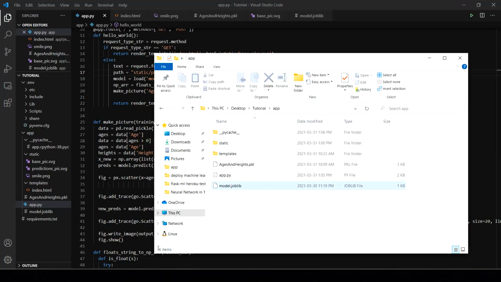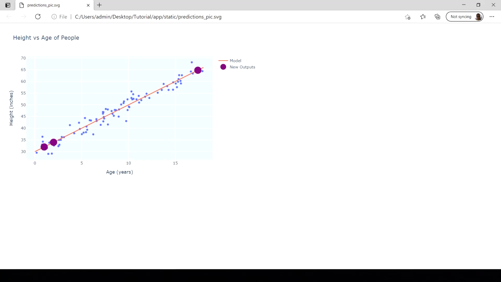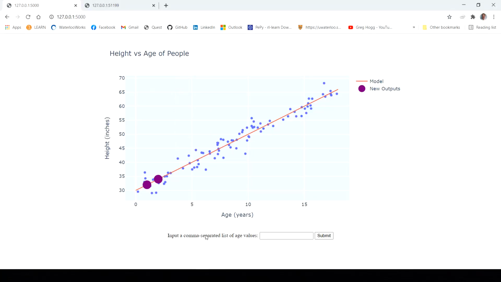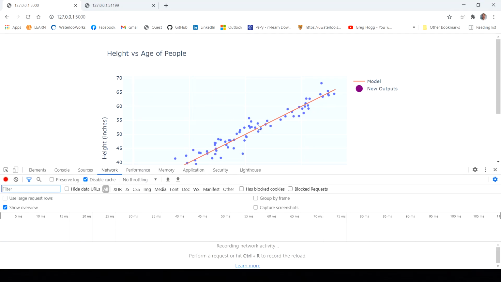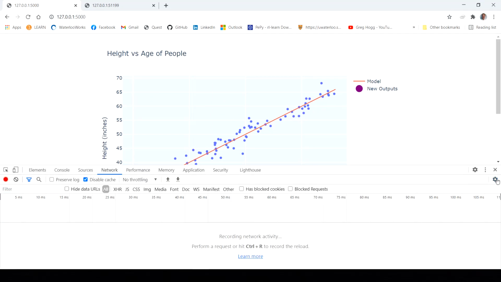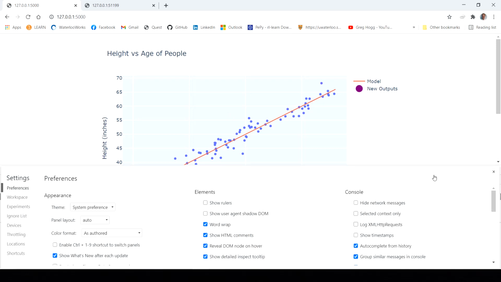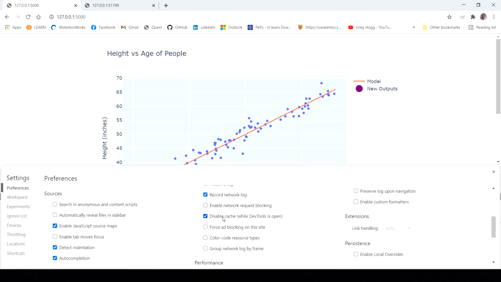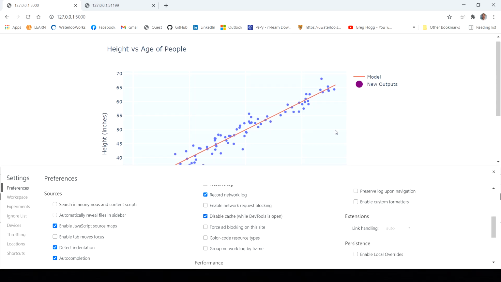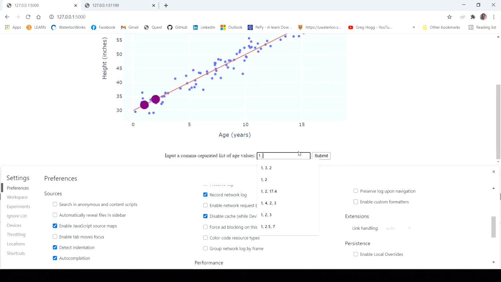If we go to the new predictionspick.svg that we produced, if I open this, this is the actual graph. So our browser is caching the image, and to make a temporary fix to that, let me just show you. If I press F12 when I go into the Chrome tab for our app, we're viewing it here. If I go to settings, there's a setting for disable cache while DevTools is open. I have that on. So this thing I opened up is called DevTools, and if cache is disabled while this thing is open, what I can do is try this again,